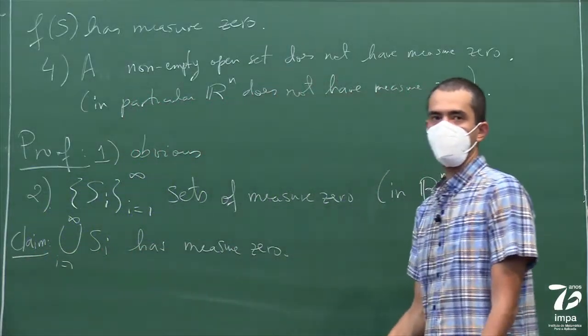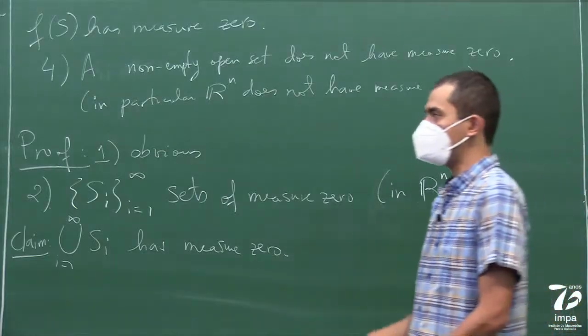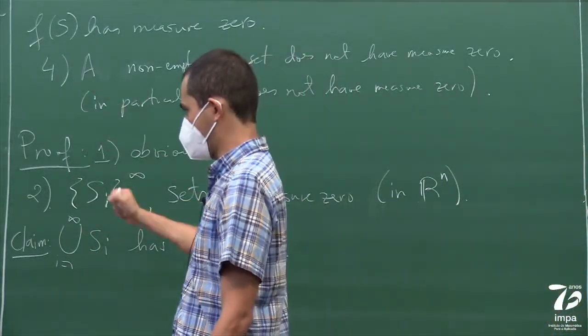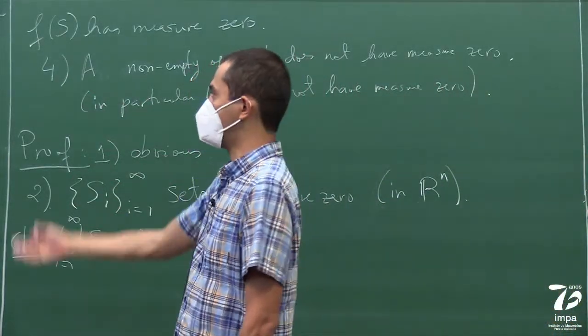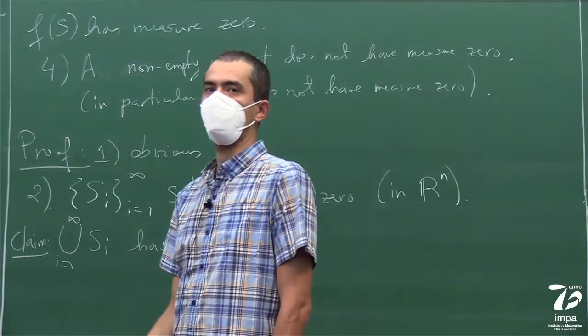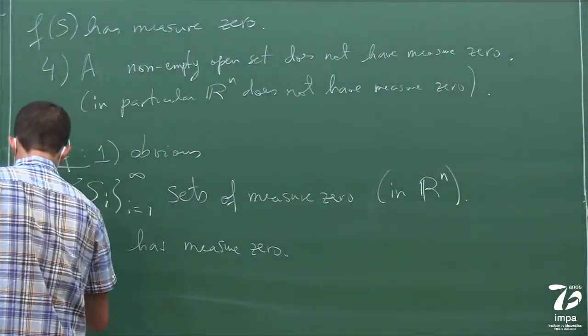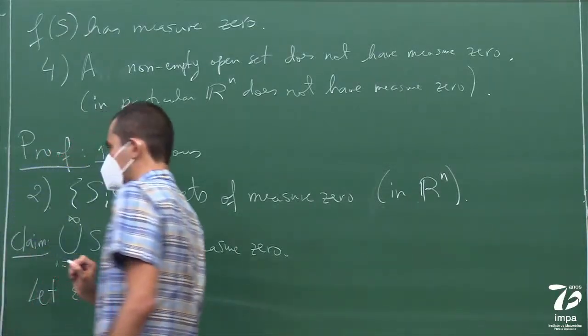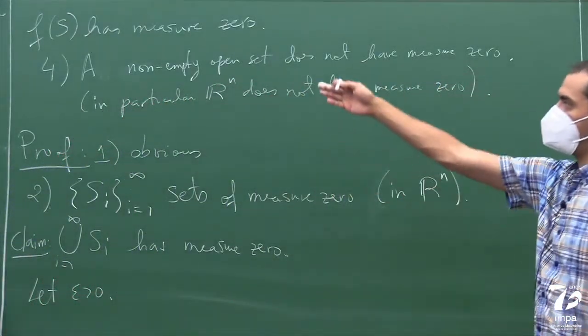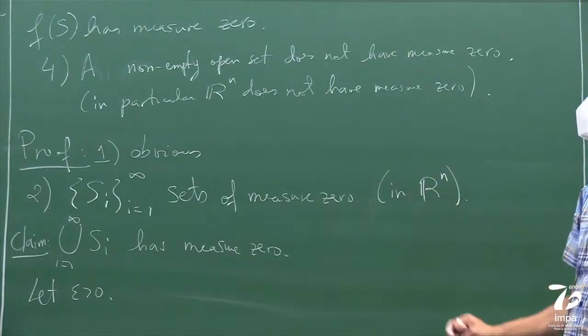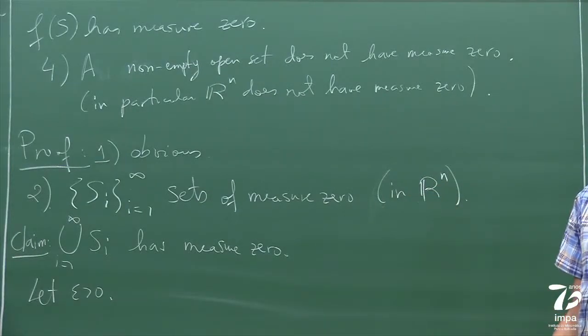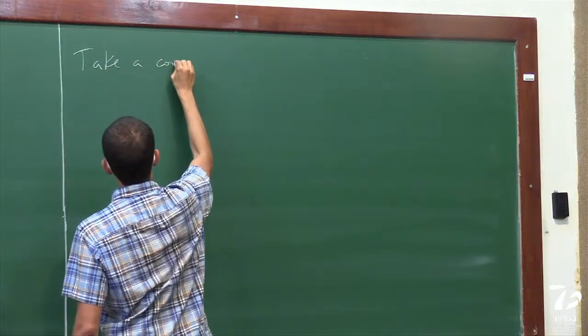So how do you prove that? First you fix an epsilon, and you have to show that there is a countable covering that has a total volume less than epsilon. So we fix an epsilon. And now since we can find an open covering for each one of the Si for every epsilon, then what you do is you take a covering